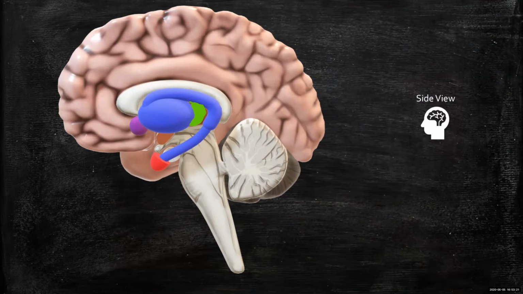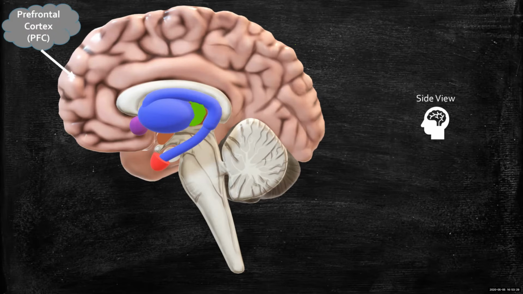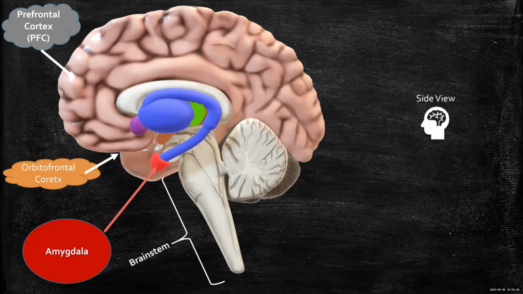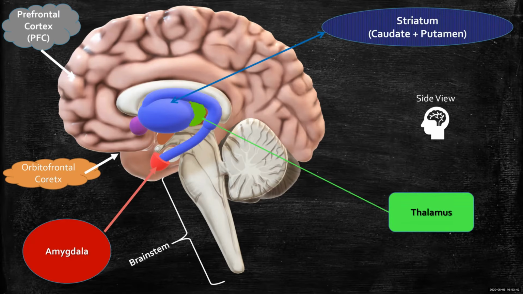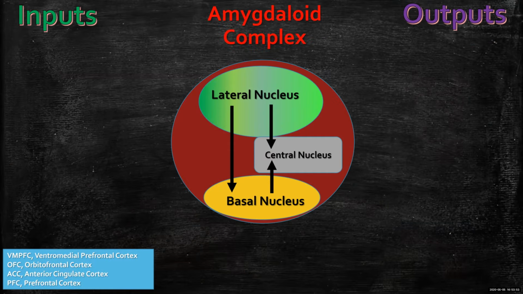So what's happening when all of this is happening to Michael? Prefrontal cortex, again, that front part of the brain, the orbital frontal cortex, on the bottom, the amygdala, the brainstem, the thalamus, and the striatum. These are all important structures to remember. So what happens? As Michael's walking down the street, he is scanning the environment, making sure that things are safe. All of a sudden, he notices the clown jumps out.